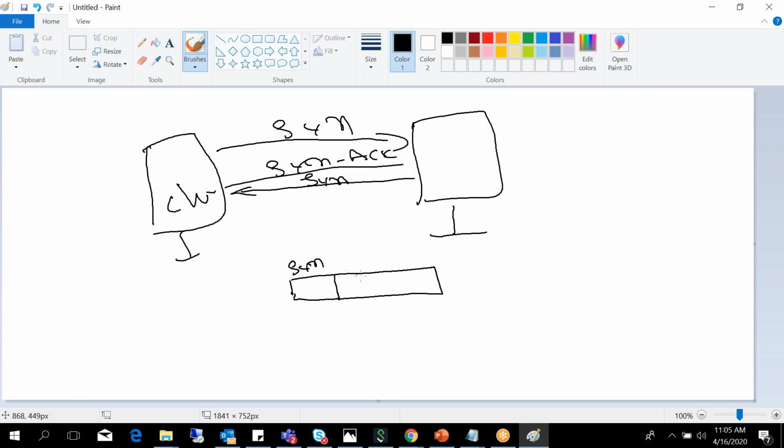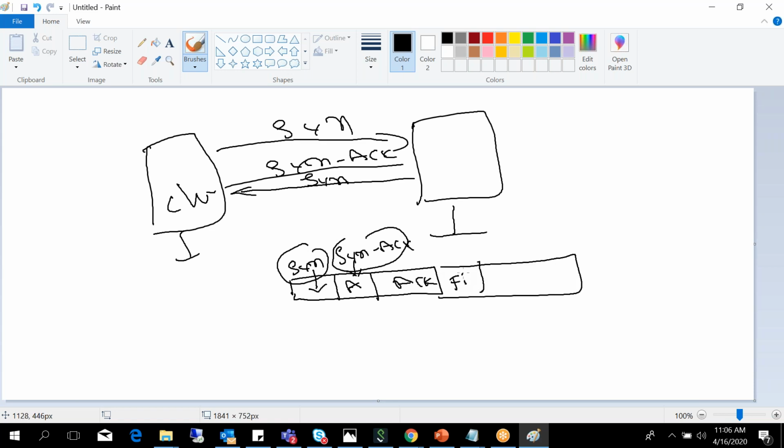One is the synchronization flag, SYN, and ACK, and we have other flags: FIN, RST, CWR.